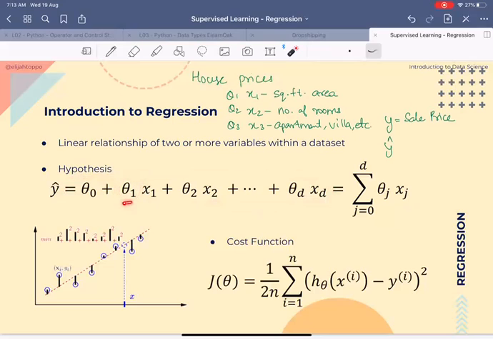Why? Because multiplying with a constant and then adding them together makes a linear relationship. A non-linear relationship would look something like this. If I have terms like x1 square and some theta, maybe d plus 1, or if I have terms like x1, x2 and theta d plus 2, then this becomes a non-linear equation. Why? Because I'm combining the features in a non-linear fashion. Does that make sense? So there will be some cases where we may have to do that. But at this moment, we are just focusing on the linear relationship. Thus, it is called linear regression.